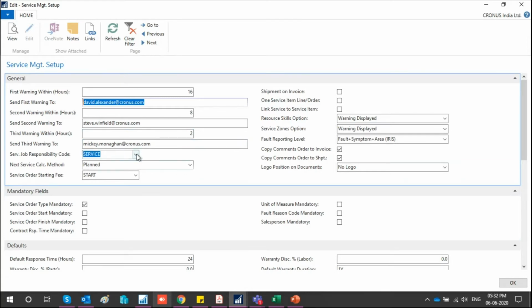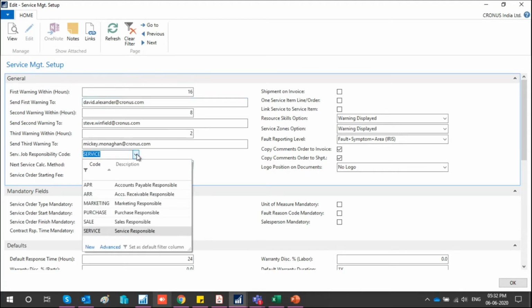Now if you click here, you can see we have service, sale, purchase, marketing, and all these things. What happens is that we can create multiple contacts in a particular customer. So we have the customer master, and under one customer we can have multiple contacts. Those multiple contacts are not necessarily the ones we interact with when we are in the service module. Those may be from sales, marketing, and HR. So I can tag the job responsibility code here as service, and that same job responsibility code is tagged to the